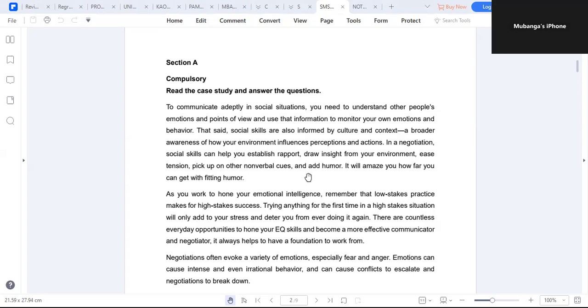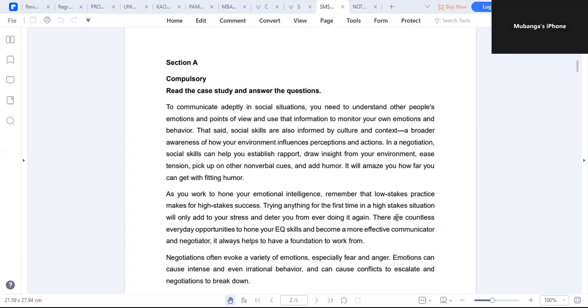In a negotiation, social skills can help to establish rapport and draw insight from your environment and ease the tension and pick on non-verbal cues, humor. It will amaze you how far you can get with fitting humor. As you work to hone your emotional intelligence, remember that low stakes practice makes high stakes success. But trying anything for the first time in high stakes situations will only add to your stress and deter you from doing it right. There are countless everyday opportunities to hone your EQ skills and become a more effective communicator and